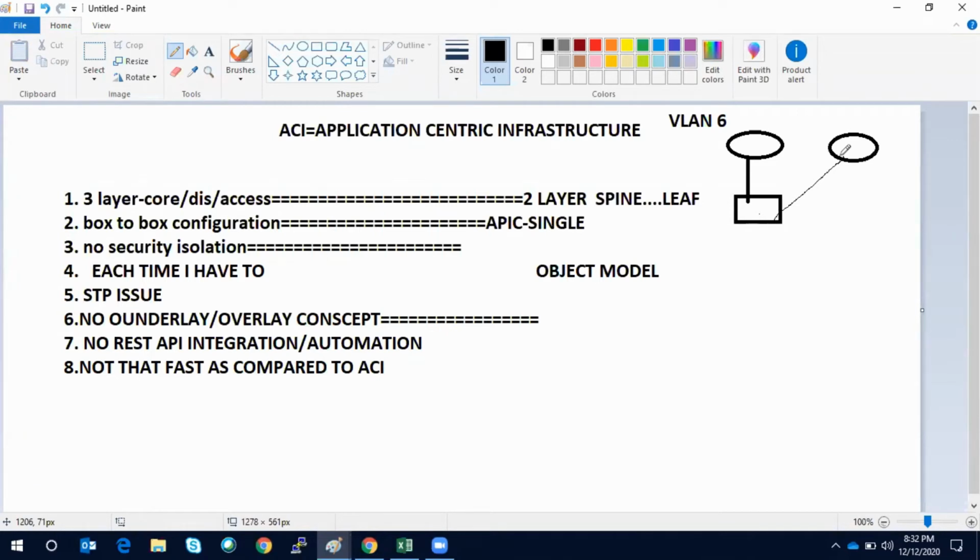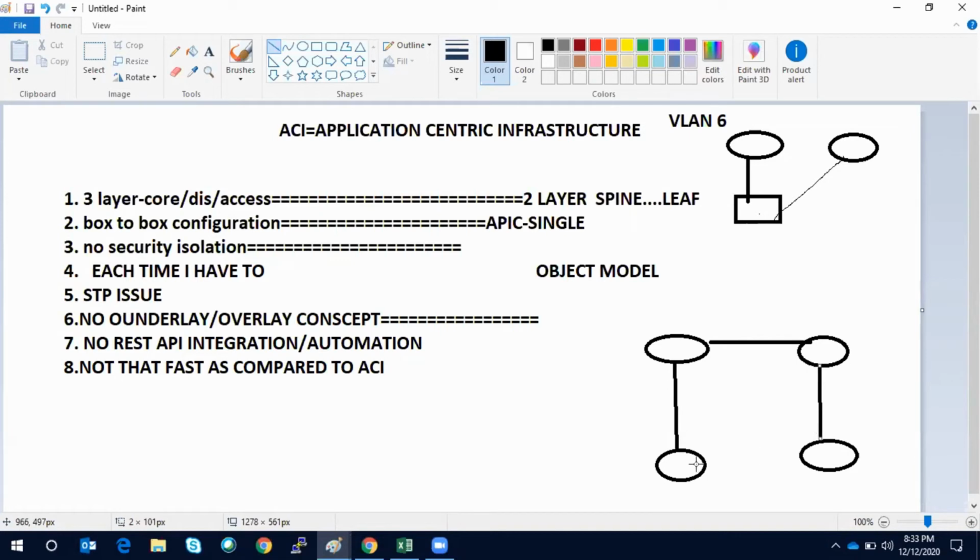Okay, now in the same topic, let me discuss one more thing. What happens in traditional networking? Let's say I have only access and core, no distribution layer, with an interlink between these two. This is my traditional design.